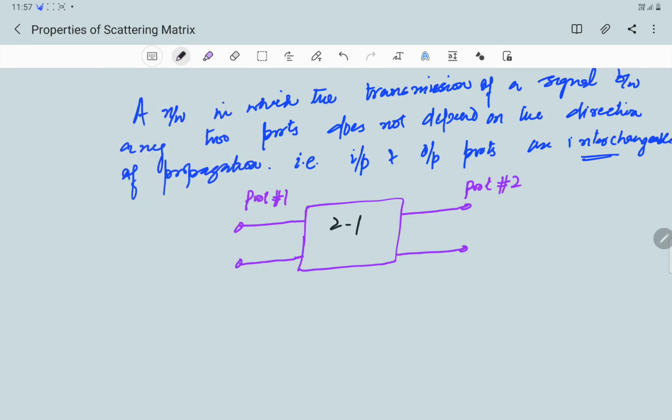Say for example I connect a source here with power, say, P1, and I connect a load here, ZL, and the power delivered to this load is, for example, P1 by 2. So I have the input power as P1 and the power being delivered to the load is P1 by 2. Now if I, for example,